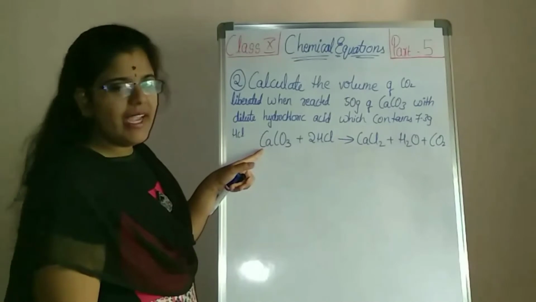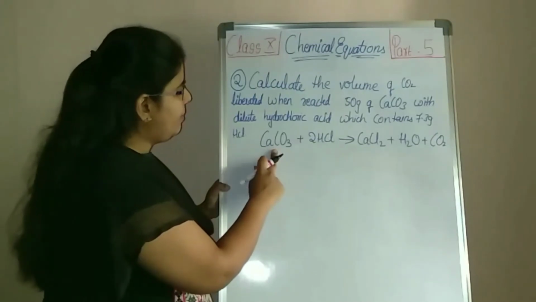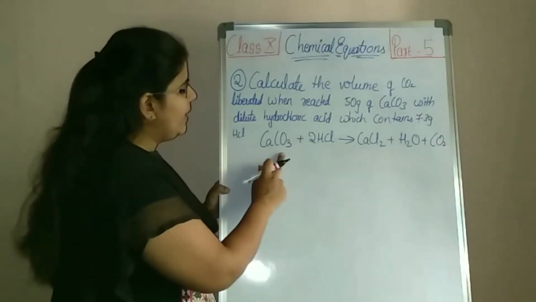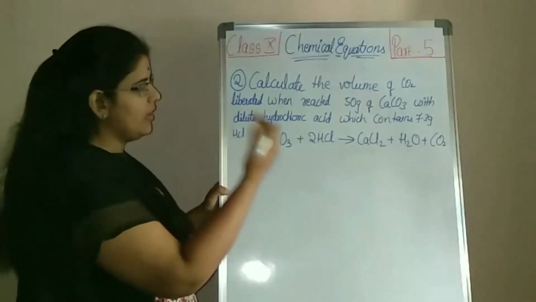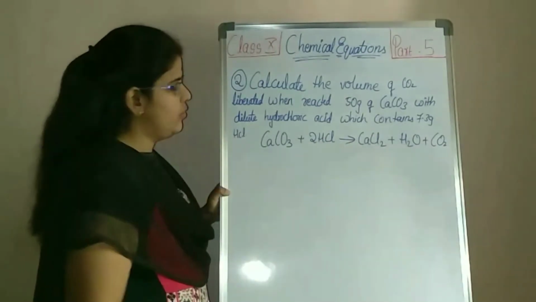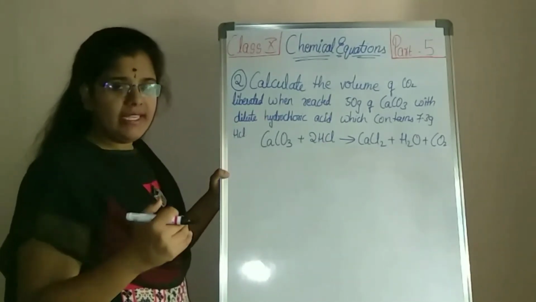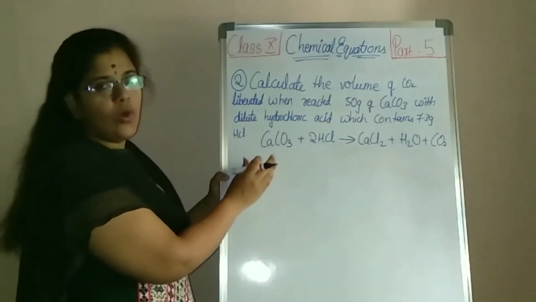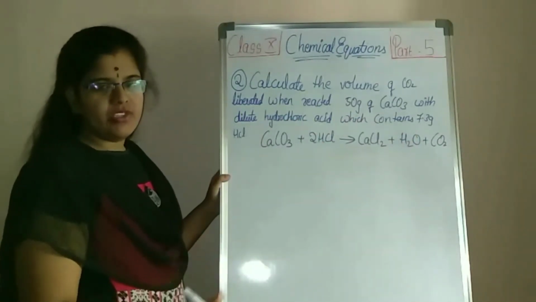Ca 1 on the reactant side, that is calcium, and on the product side also 1, so it is balanced. Carbon on the reactant side is 1, and on the product side also 1. Oxygen is 3 on the reactant side, and here 1 plus 2 is 3, so it is balanced. 2 hydrogens on the reactant side, here also 2 hydrogens, and 2 chlorines here, 2 chlorines. So the whole equation is balanced. Now let us see, if so many grams of calcium carbonate is reacting, how many grams of HCl should be taken and how many grams of carbon dioxide is liberated.